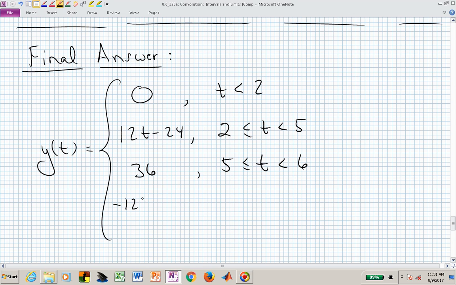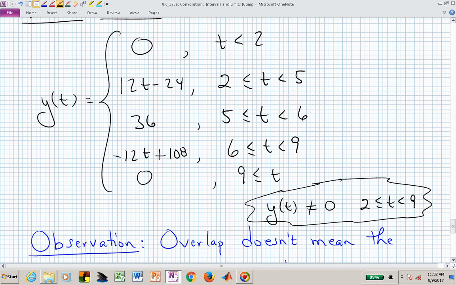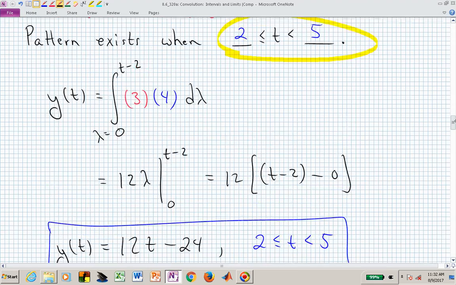It's then minus 12t plus 108, and that's true for t between 6 and 9, and it's 0 as long as t is bigger than 9. And as I said before, y of t is not equal to 0 between 2 and 9. And we could check that by looking at our very first